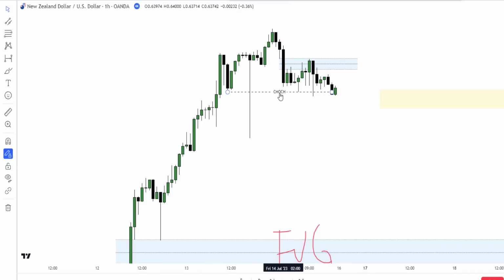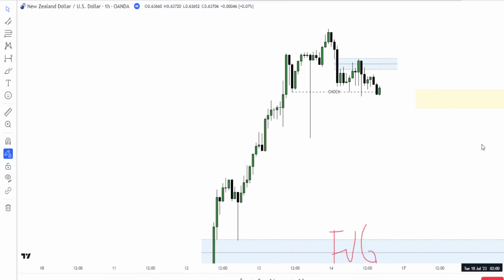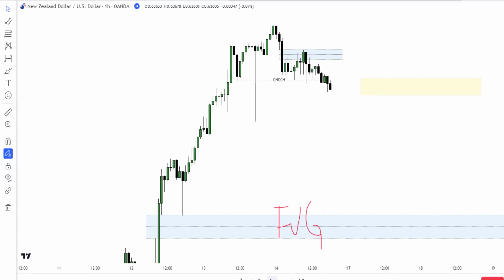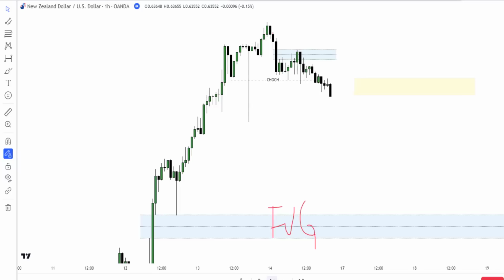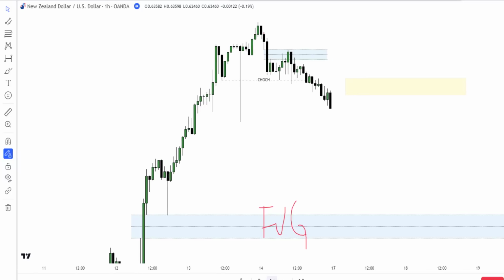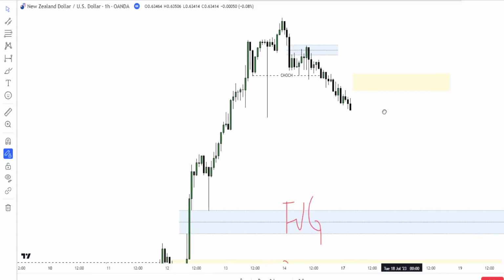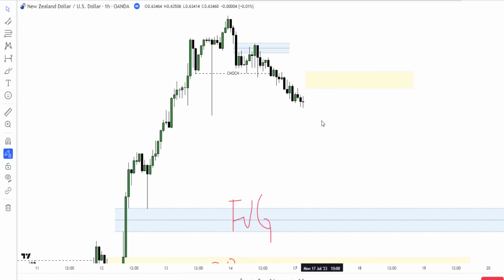It's called change of character. Other people call it change of character. So now, from now, you can start selling. All right. From here, you can start selling and you would not have problem. So if you are selling from here, anything you are doing, it will be validated because you have officially gone